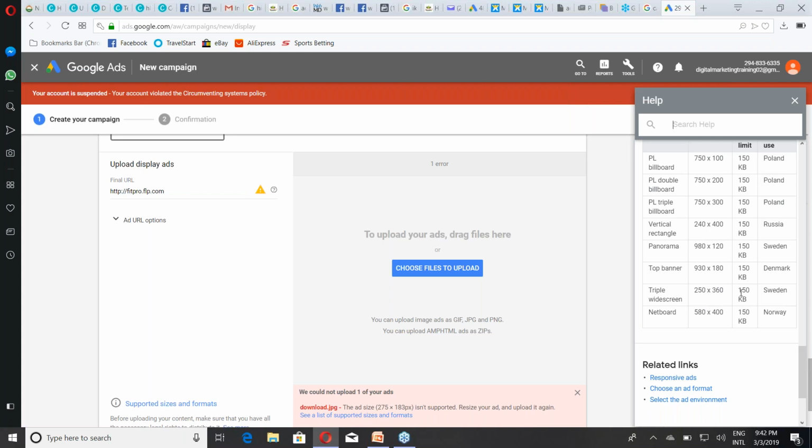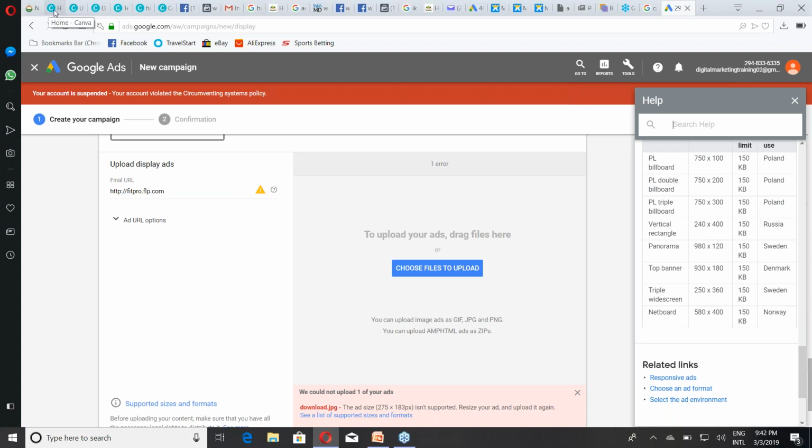So make sure that your pixel level is right. All of you know how to resize already. I have taught you in the past how you can right click on your image, and when you right click on it, you go to edit. You can edit it through Paint. And if at all it is giving you problems, all you need to do is go to